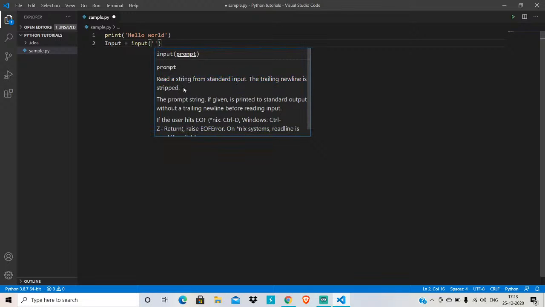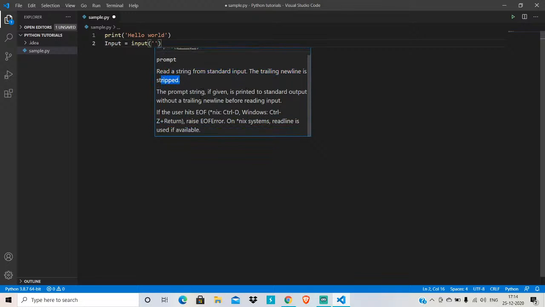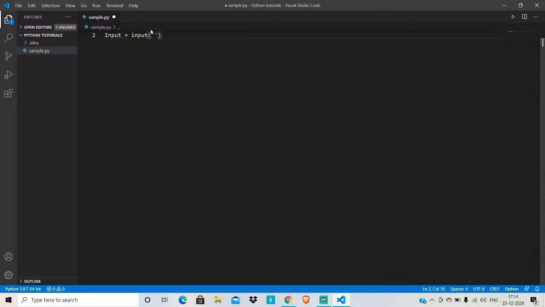The prompt will display on the terminal whatever you write here, and when it displays on the terminal, then you will be able to enter a value. So for no prompt, you just keep it blank here. And if you want to give a prompt, then you can give it like,